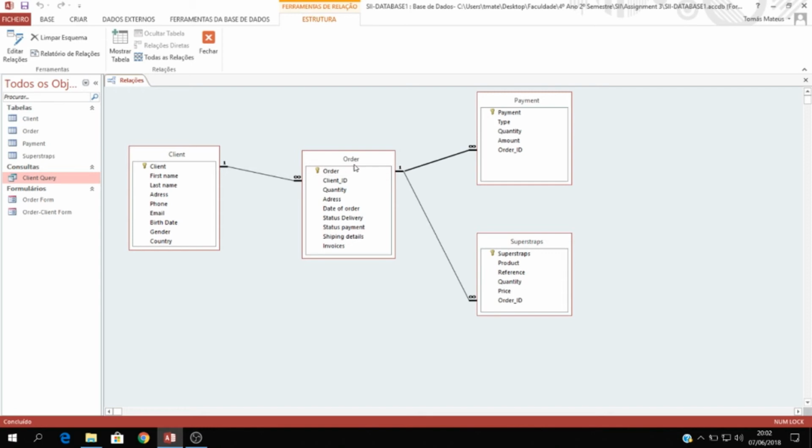After having defined all the primary keys, we moved on to create in each table one foreign key to enable the tables to communicate with each other, and we distinguish them by using the ID in their names. The foreign key is necessary because it will connect, for example, the tables order and client, where the table order will ask the table client which client asked for this, and through the foreign key it will turn to the table client and identify the client and give all the information that the table client provides about the client